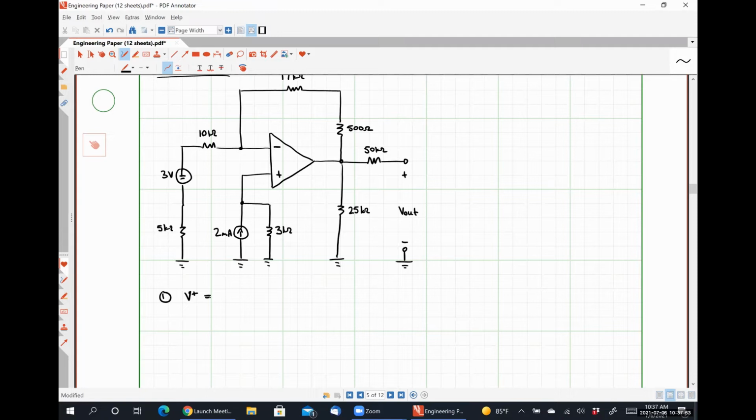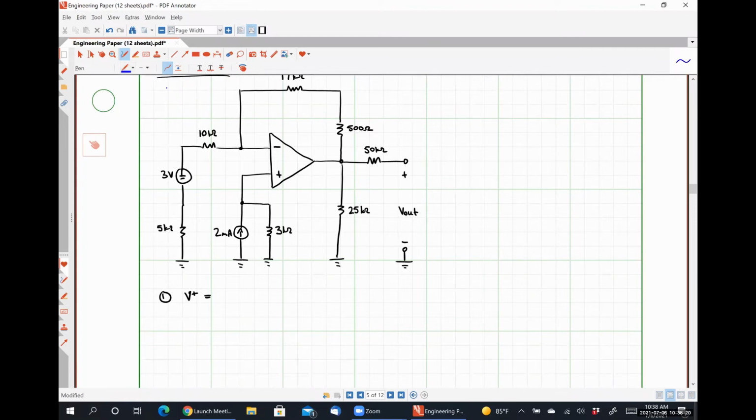It looks to me like 0 volts, but I'm not sure. Could you explain your reasoning, please? So you have the 2 milliamp current source and the 3 kilo ohms both connected to ground and going into the positive. So if they're both grounded on one side, then that means 0 volts is going into the positive terminal. But,